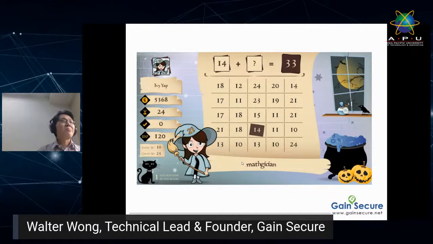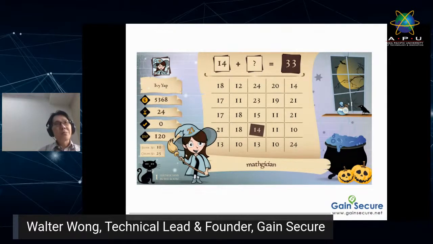You're going to get a board of 5x5, and all you have to do is find the numbers that add up to become 33. It might sound very simple, but we realized the gameplay is super difficult. In this case, you have to find two numbers that add up to 33. So what will be the answer? If you click on 14 and cannot find the matching number, then you have to redo everything again. For example, for 33, you can do a combination of 18 and 15. That's a simple gameplay. But there are 10 players, so it's multiplayer.